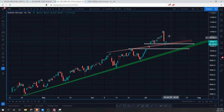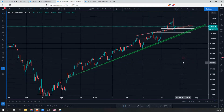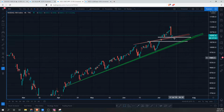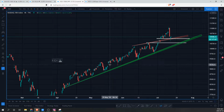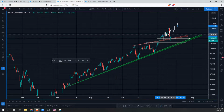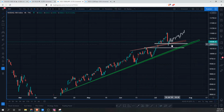We did get an extremely aggressive move to the downside, but as long as the S&P is consolidating, I think this could start to slowly rally back up. And let's just draw in something that could look like that. So I'm thinking something like this, or maybe a little bit slower of a crawl up, but the fact that we have not only an ascending zone, which was a previous resistance acting as a new level of support,